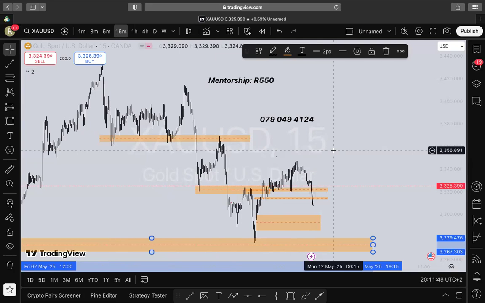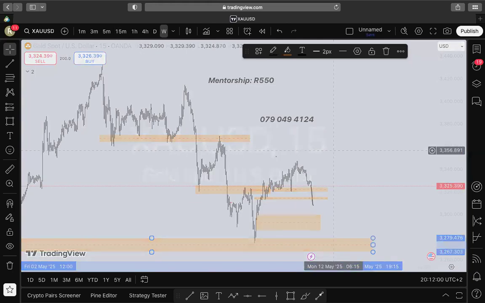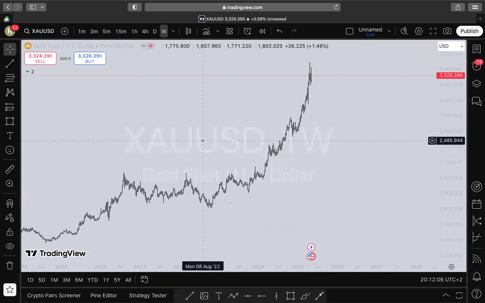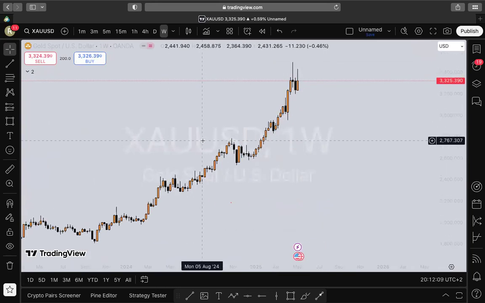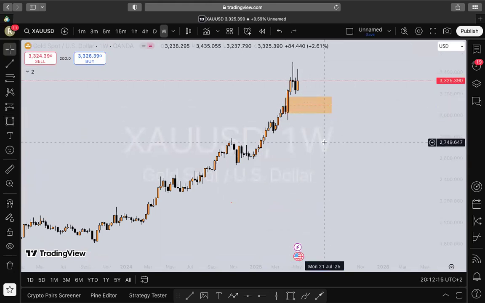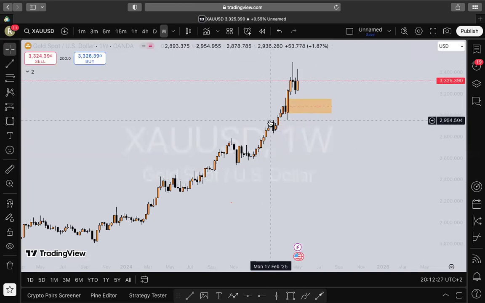Just one last favor: may you please go to a 1 week time frame? Don't worry about time, we have enough time. Oh, beautiful, I see what you're talking about. This level here, may you please mark there's a fair value gap there, and then that's an order block, a very beautiful order block. And just above it, there's also a fair value gap that has not been tapped.